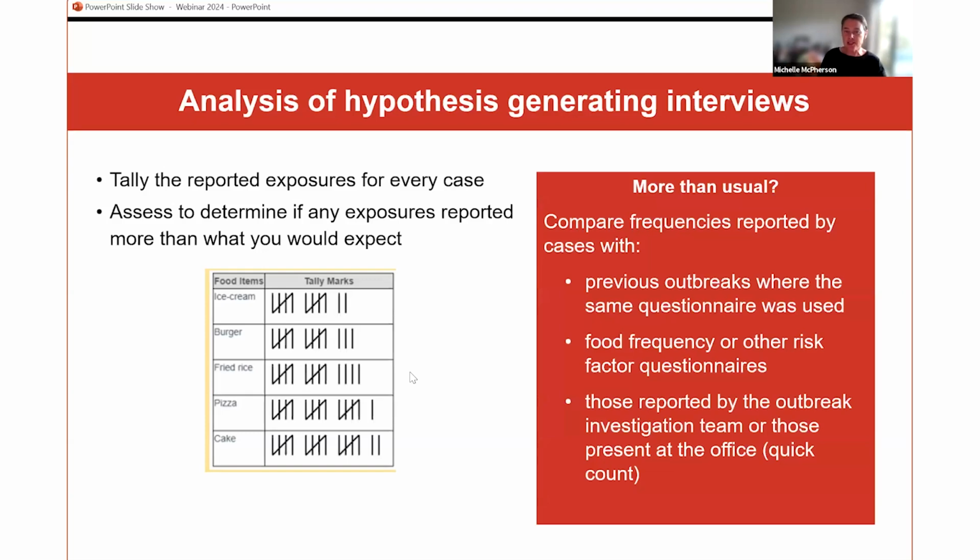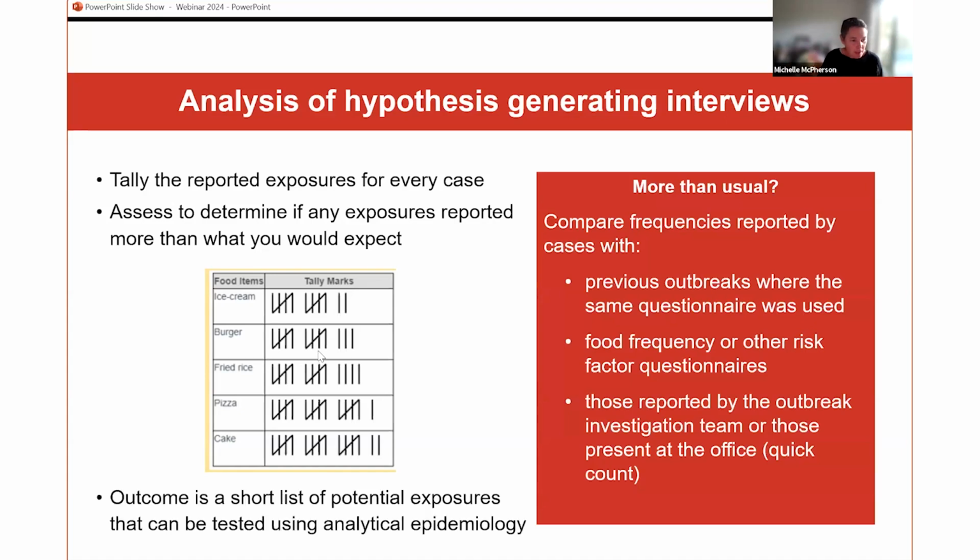So you need to come up with some idea as to whether or not what you're seeing in cases is unusual or higher than what you expect. And you can do that by comparing this data to previous outbreaks, by looking at food frequency surveys that you might have access to, or again, just by doing a quick look around the room of your outbreak investigation team. Your outcome of this step is a short list of the potential exposures that you then want to test